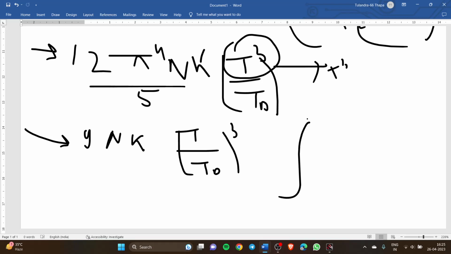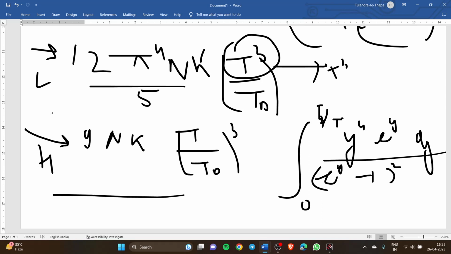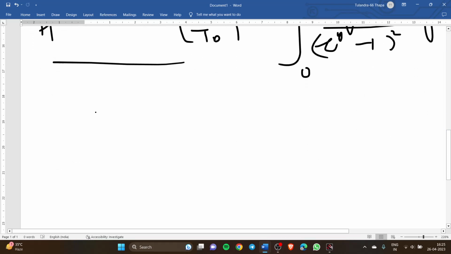And now we have the integration, just reverse this, θ_D upon T, from 0 to θ_D upon T, and now here write y to the power 4 e to the power y upon (e to the power y minus 1) whole square dy. So this is for higher temperature ranges, and this is for lower temperature ranges. So the temperature ranges that we will be taking are simply